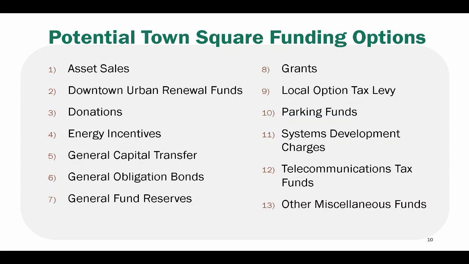And grants, there may be funds available from grants, but to date, none have been identified. So staff are always looking for those opportunities. There's also the option of a local option capital property tax levy. Voters could authorize a levy for up to 10 years for a capital levy. This would count towards our Measure 5 tax limit. When we look to compression, we've updated our compression numbers based on current tax information. There's about 61 cents left under the cap.